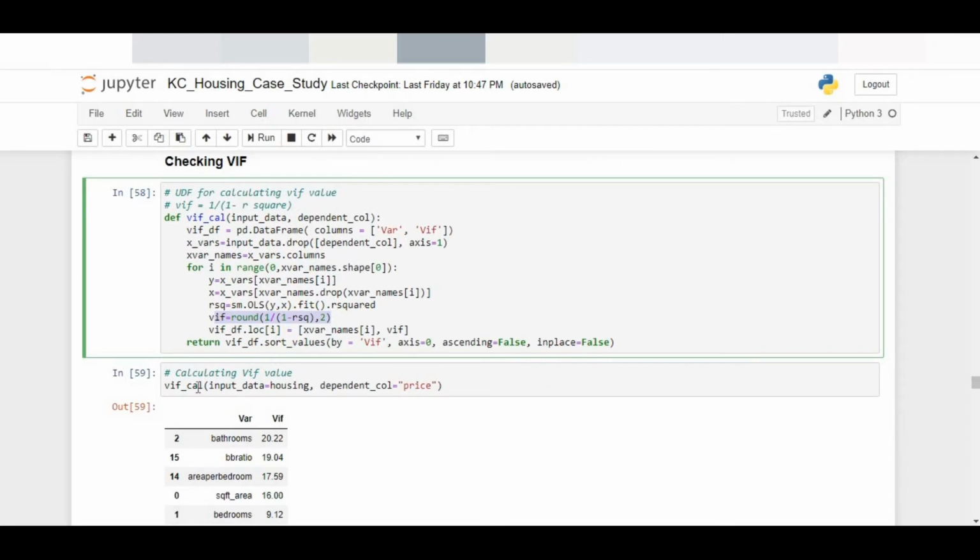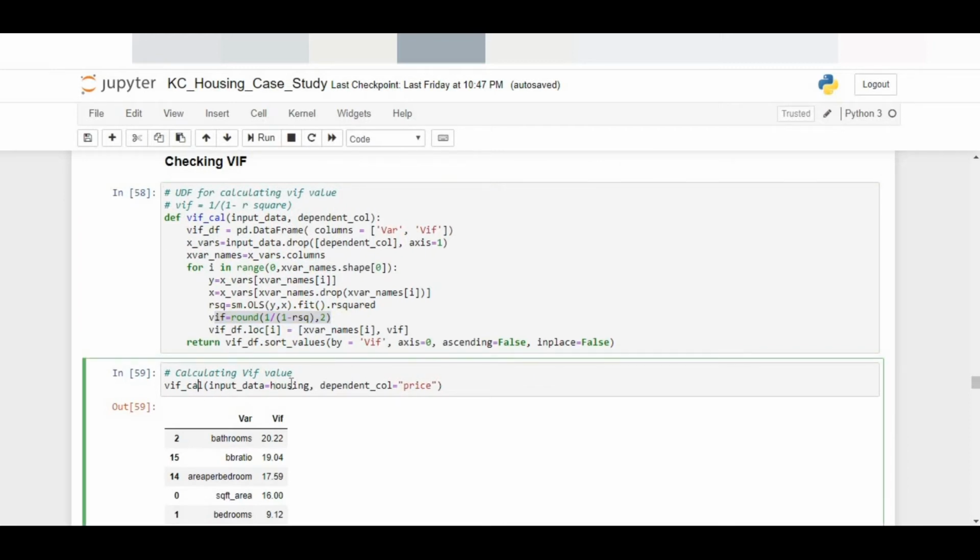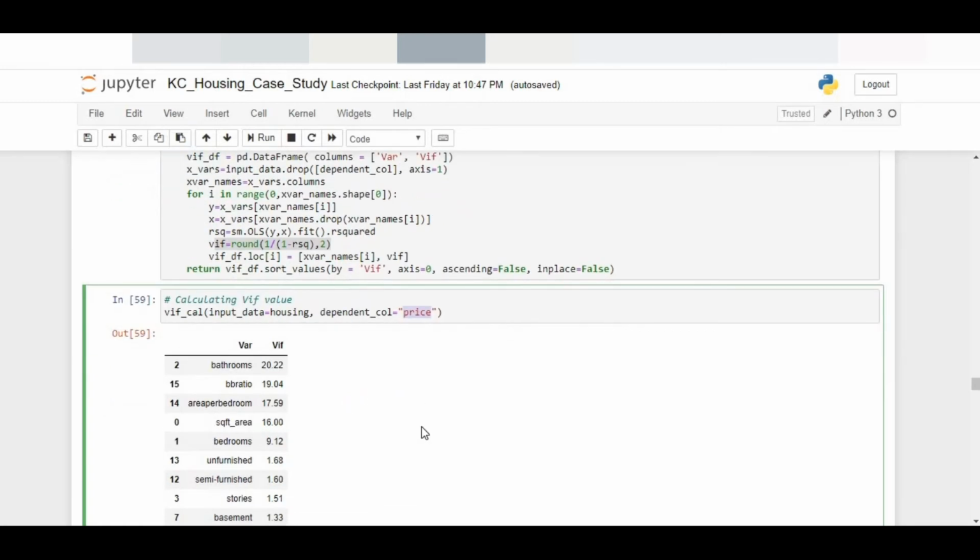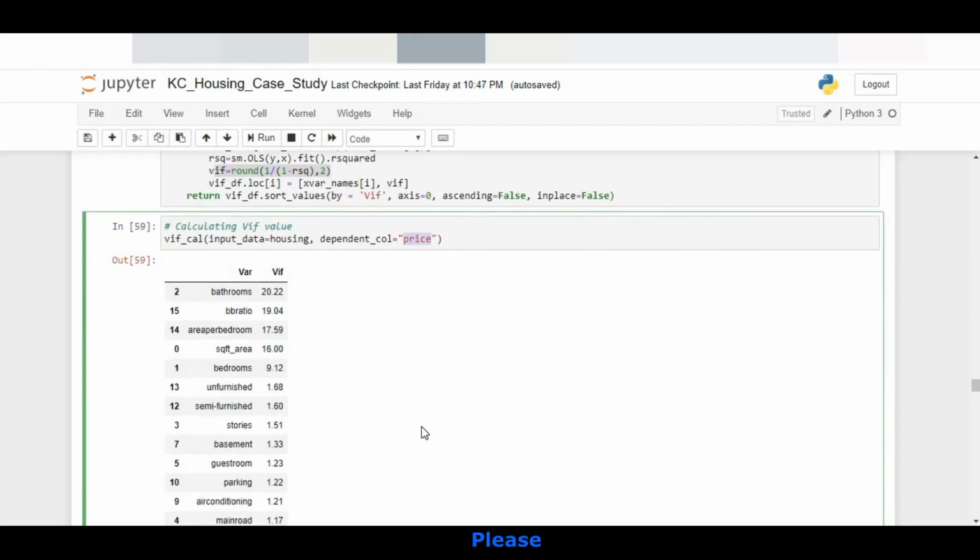I do a VIF calculation. I give the input data as housing, and the dependent column is of course the price of the house. Let's see what the VIF is. Bathrooms is considerably high, and I had a high p-value for bathrooms as well. BB ratio is considerably high, and I had a high p-value for this as well. Area per bedroom is also considerably high.